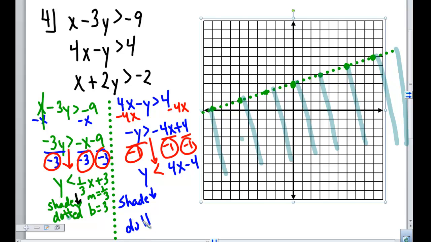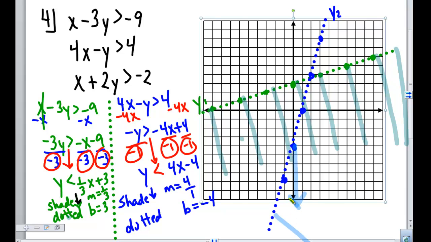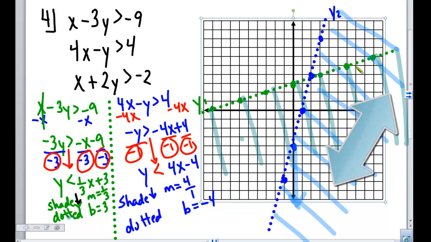It's dotted. The slope is 4 over 1. And the beginning ordered pair is (0, -4). So 0, down to negative 4. Up 4 over 1. And we shade below. So take our point. Draw the arrow in the direction that we want to shade, and this is below, so it's everything on this side. So I can already see my answer is going to be somewhere in this bottom right hand side of this. And then the last graph